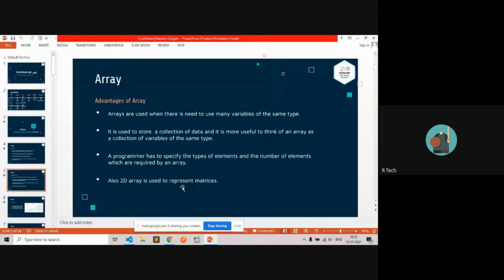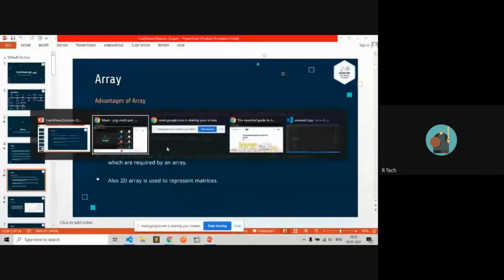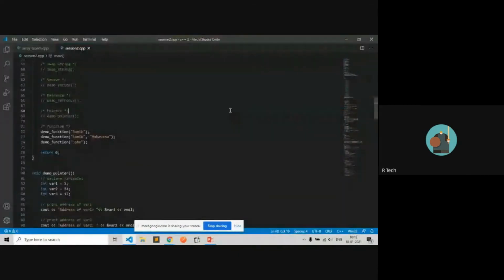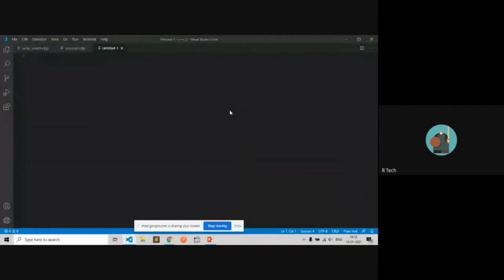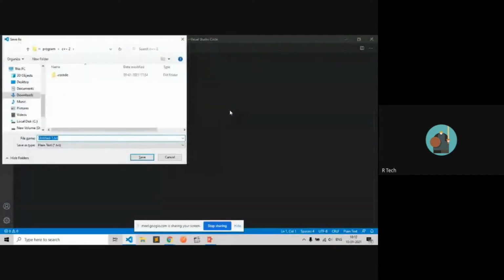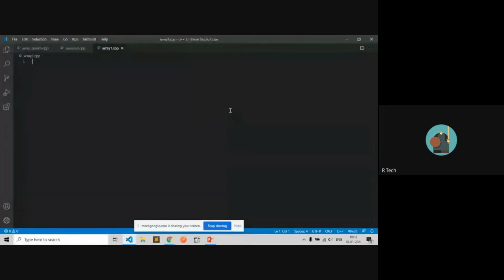So let's start our first program. First we will create a file, array. What is the basic structure of a program?